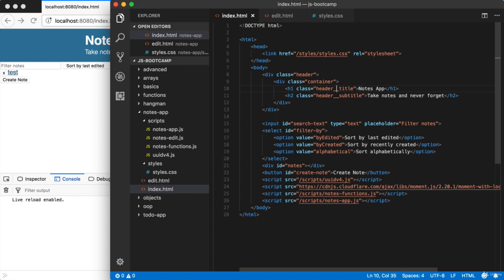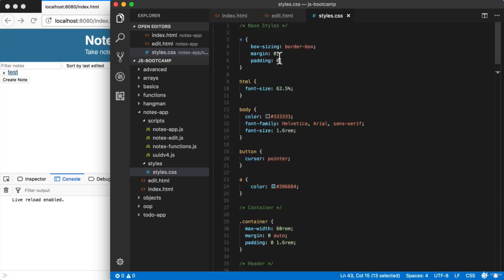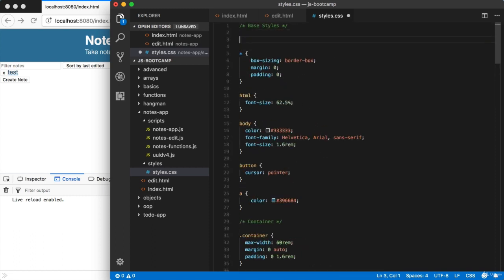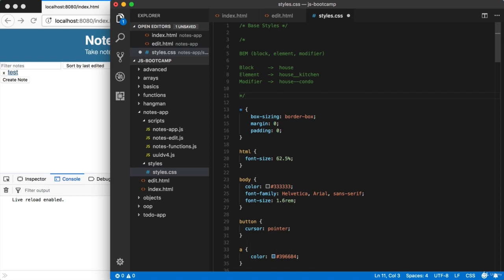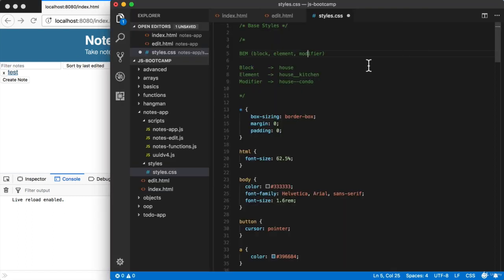I do want to take just a couple of seconds to talk about this naming convention so you can make sense of the characters we're typing. Over in styles.css, I'm going to paste a comment up at the top right here. And this comment just outlines the naming convention. The naming convention, called BEM or beam, stands for block element modifier. And it is a way of thinking about the various elements that make up your page. So in this case, we have blocks, elements, and modifiers, and I've included an example of a potential class name